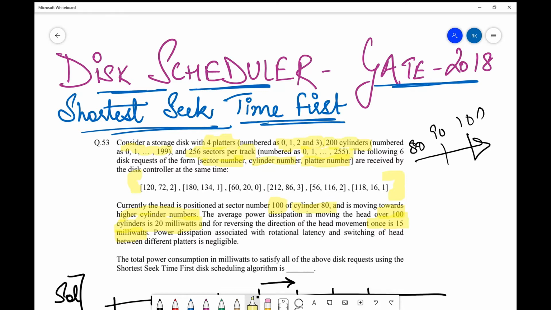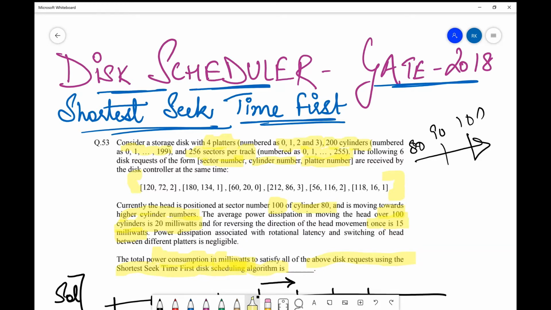So what is required is to find the total power consumption in milliwatts to satisfy all the disk requests using the shortest seek time first disk scheduling algorithm. So the algorithm is given, which is shortest seek time first, and they have asked us the total power consumption that will occur after solving all these